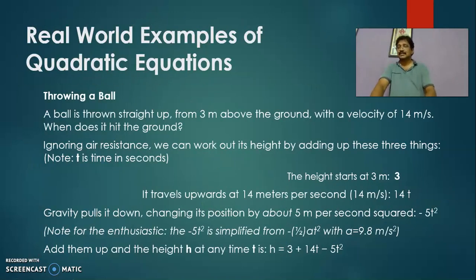Now coming to the real world examples of quadratic equations. The question is, a ball is thrown straight up from 3 meters above the ground with a velocity of 14 meters per second. When does it hit the ground? So it's very clear, the height starts at 3. Then we will consider that it travels upwards at 14 meters per second, that is 14t, and gravity pulls it down, changing its position by about 5 meters per second square, minus 5t square. Then you will get an equation that is 3